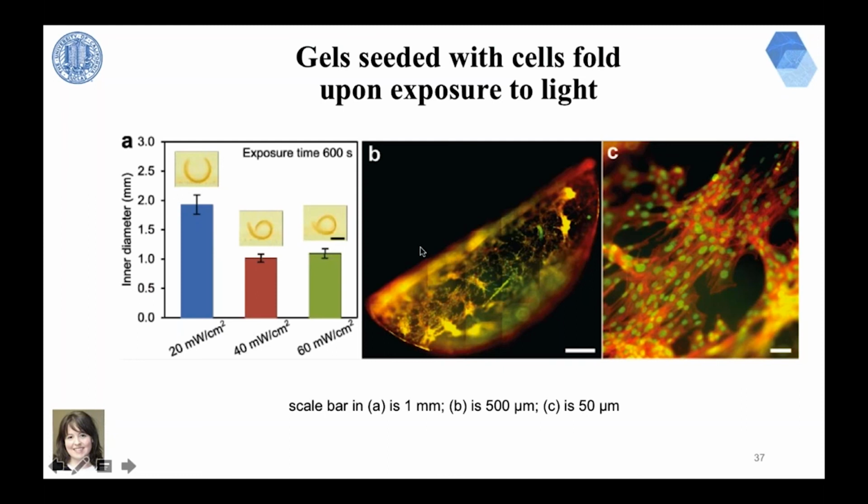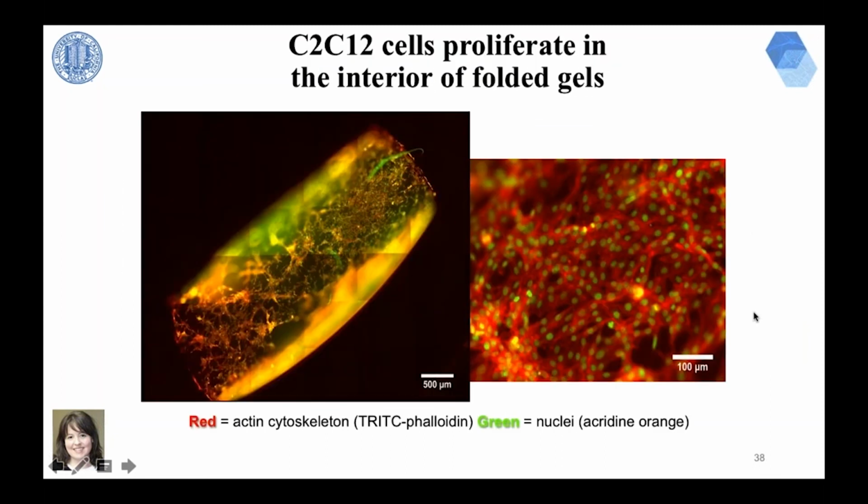We then took these particular tubes, and we stained the cells within them using a red fluorescent stain for the cytoskeletal actin, and a green stain for the nuclei. And what you can see is that the cells survive the process, and they even begin to proliferate. If you extend the culture a little bit longer, what we can start to see is that the cells will adopt a more elongated morphology, which is consistent with the differentiation of the C2C12 cells from the myoblast state to the myotube state. And you can also see that they proliferate and begin to fill the volume of the